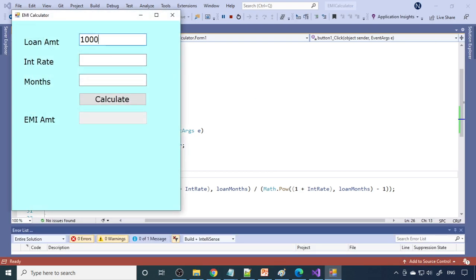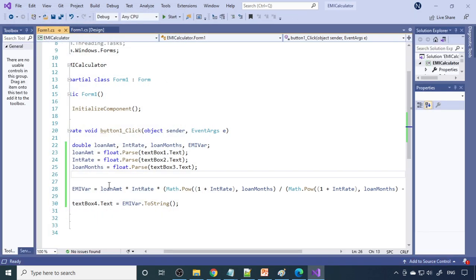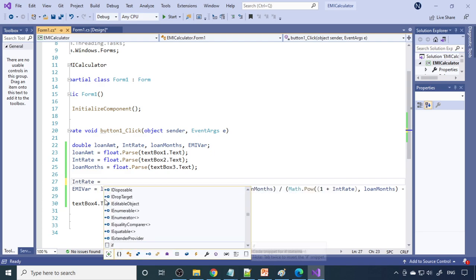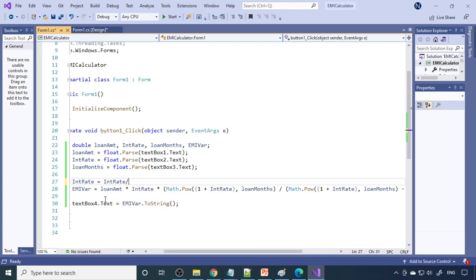We can give 1 lakh here, 10% and then 60 months. Calculate. Okay, we are getting so much money because of the interest rate. This interest rate you need to divide by 12, because you need to take it for one particular month. So this is interest rate divided by 12.